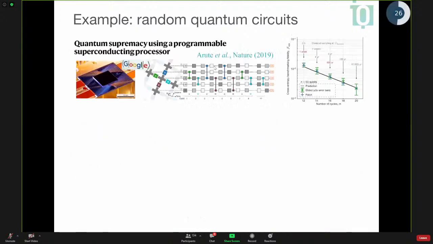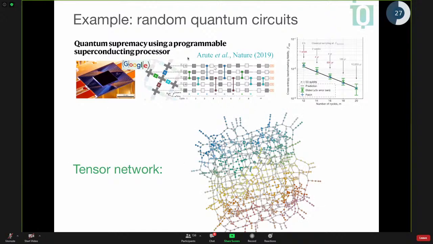So how does this look practically? Let's take an example from recent literature. These are some circuits that were introduced in this paper to prove that a quantum computer can perform some tasks faster than a classical one. What exactly they are, it doesn't really matter. Here, what I want to show you is if you take such a circuit, like the circuits in this paper, and you represent it as a tensor network, how does that tensor network look like?